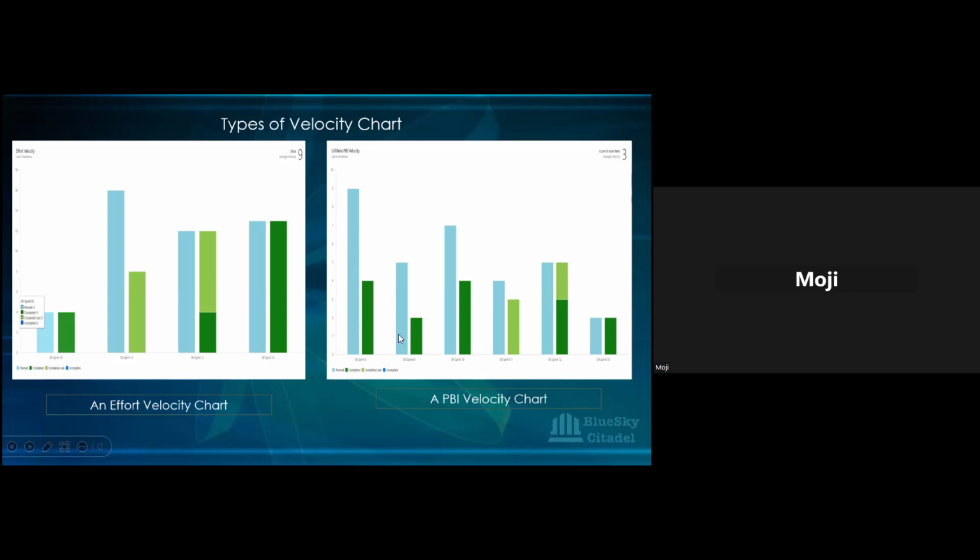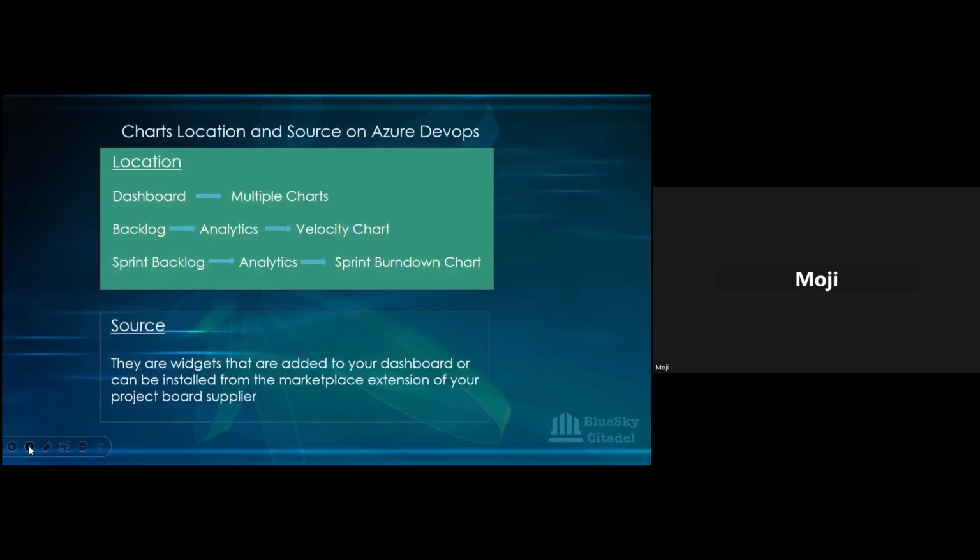So one can call this kind of an erratic velocity chart that the team needs to improve on going forward. At a particular sprint, they need to bring things down, but if they again follow their velocity chart based on those factors, they would be able to gradually get to their rhythm as a team and be able to sustain it. Okay, so that is for the effort velocity chart,